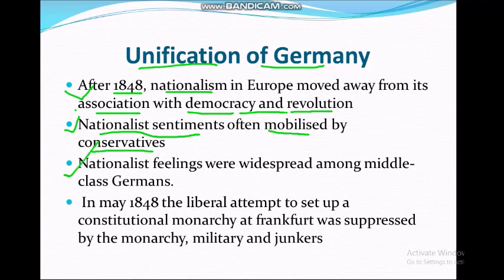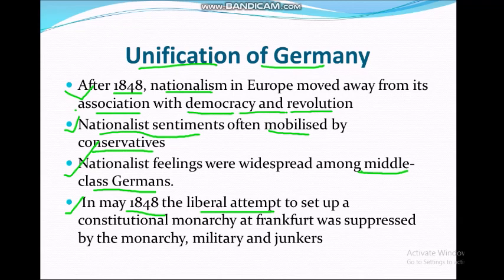Nationalist feelings were widespread among middle-class Germans. What was in France, that same was in Germany. They also tried to make the parliament we have seen. In May 1848, the liberal attempt to set up a constitutional monarchy at Frankfurt was suppressed by the monarchy, military